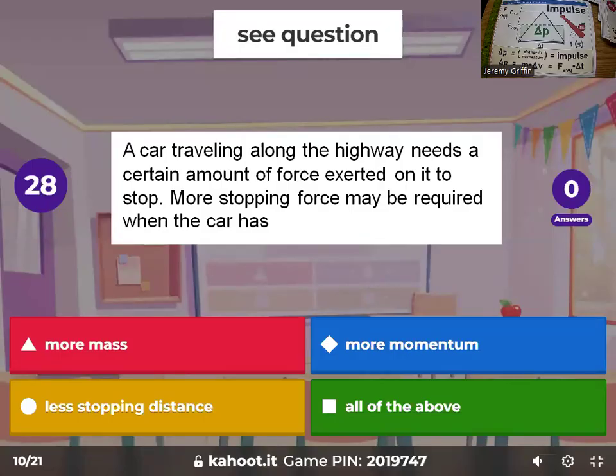A car traveling along the highway needs a certain amount of force to stop. More stopping force could be required when the car has